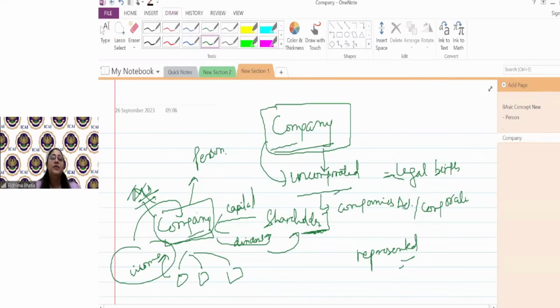So company is a separate taxable person, and the corporates, even if invested by shareholders, are separate tax persons. कंपनी अपनी income पे tax देगी, shareholder अपनी income पे tax देंगे. कंपनी को income कौन सी होगी? जो उसके business से या उसके investment से आ रही है. Shareholders को क्या income हो सकती है? जो shareholders invest करके वो income ले रहे. ठीक है. So every person is a different taxable entity. Similarly, there is firm.